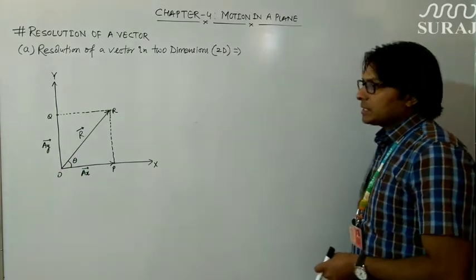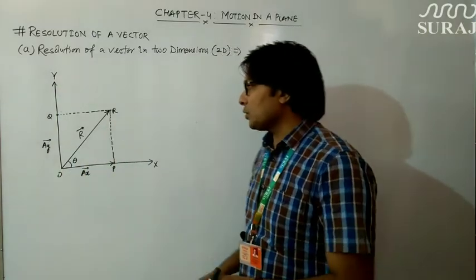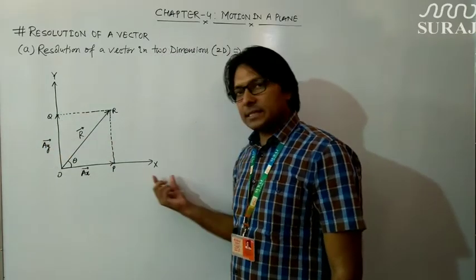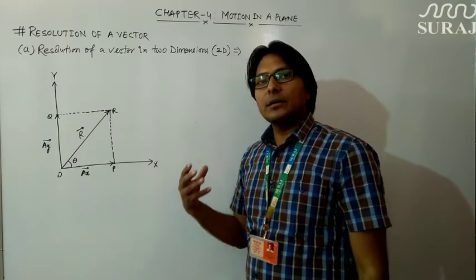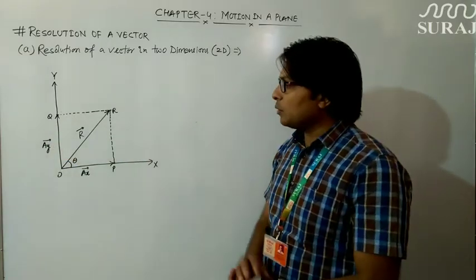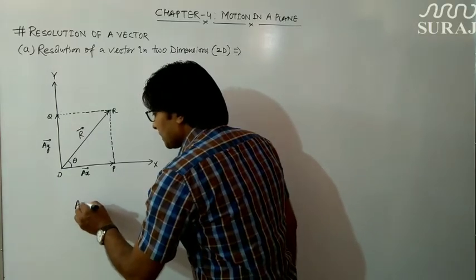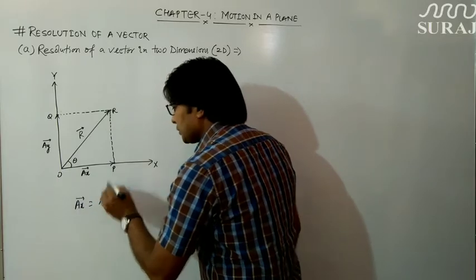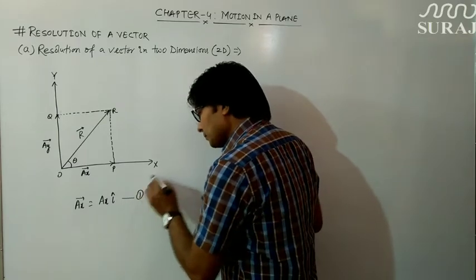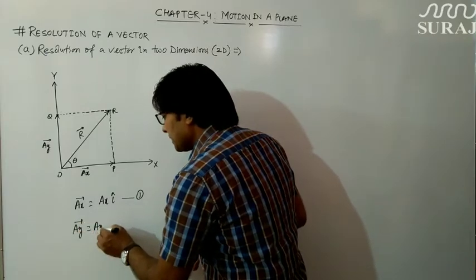Okay, so since AX vector is in the direction of x-axis and AY vector is in the direction of y-axis, therefore the unit vectors in x direction we can consider as i cap, and in y direction we can consider it as j cap. So how can this AX vector be written? You will say that AX vector can be written as AX, which is the magnitude, and i cap. So this is suppose equation first. Similarly, AY vector can also be written as AY j cap.